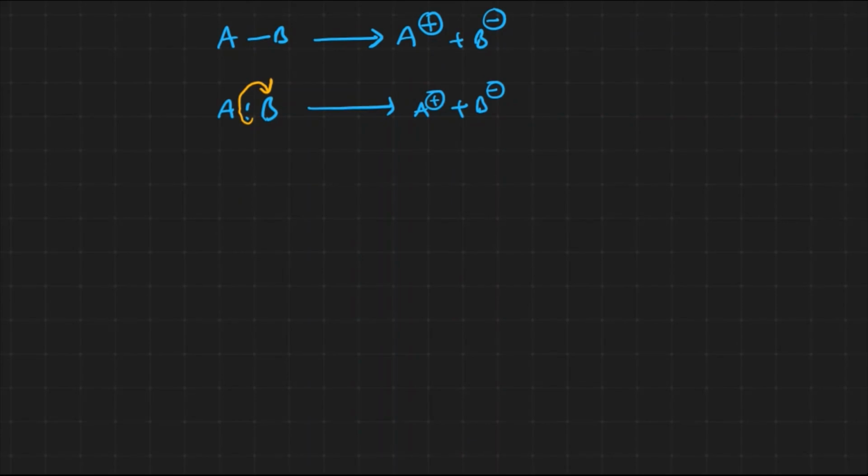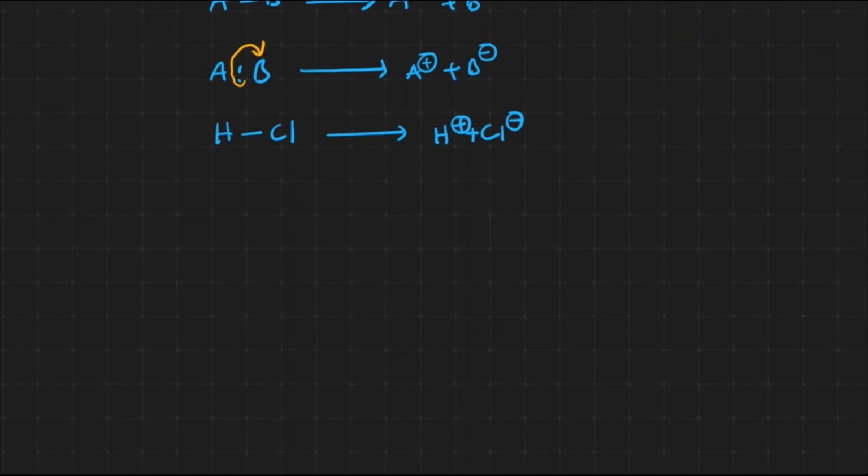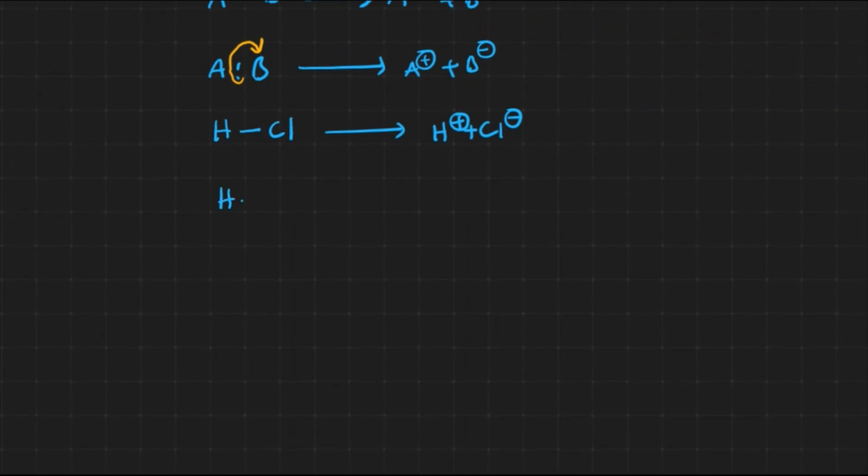Now let us see some examples. For example, let us take hydrogen chloride. We know chlorine has more electronegativity. That's what happens here. Chlorine becomes an anion and hydrogen becomes a cation. Shared pair shifting takes place towards the more electronegative atom. We can also take hydrogen bromide. What happens now? Shifting of the shared pair takes place towards the bromine because it's more electronegative. That's why a bromine anion plus a hydrogen cation will be formed.